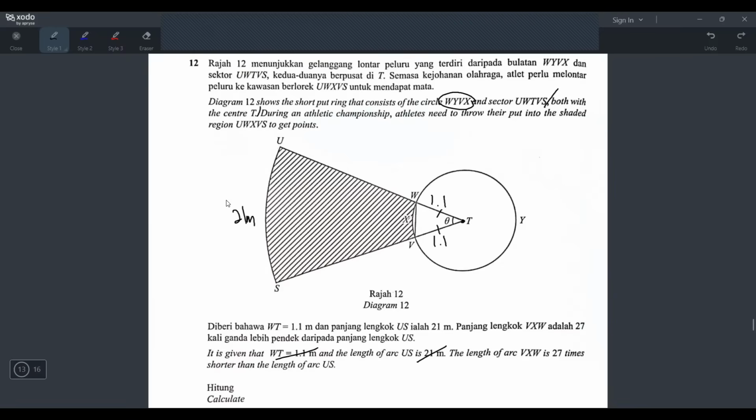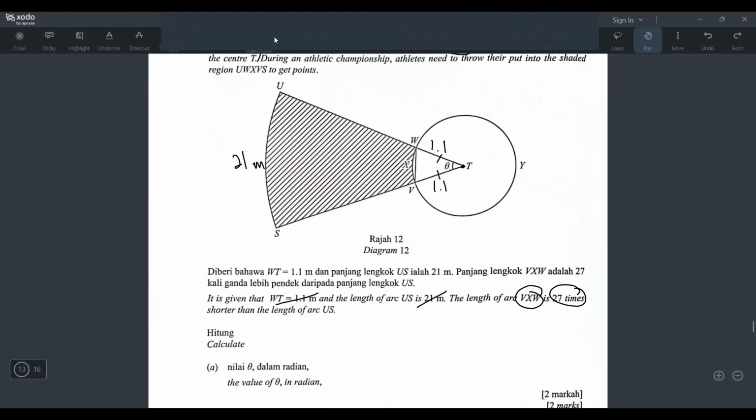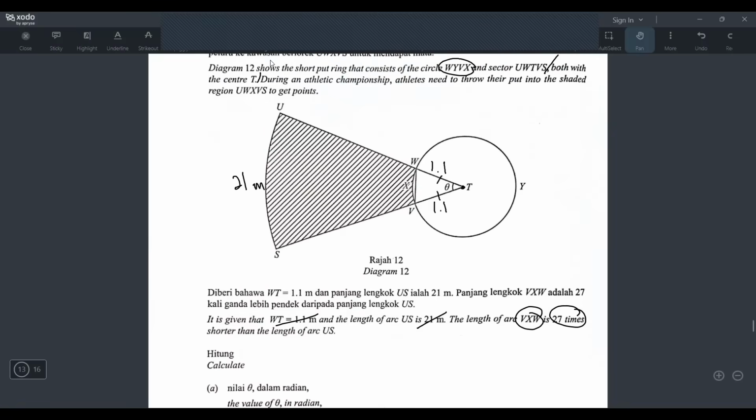It means I can use the formula S equals R theta. Later I can use S equals R theta because they gave me the arc. And then the length of arc VXW is 27 times shorter than the length of arc US. So I can find my arc VXW straight away. But sir, the question never asked me to find. The question A asked you to, I don't care. I don't care if they ask me to find or not. Whenever I see something I can find, I will find it straight away. So I'm just going to write arc